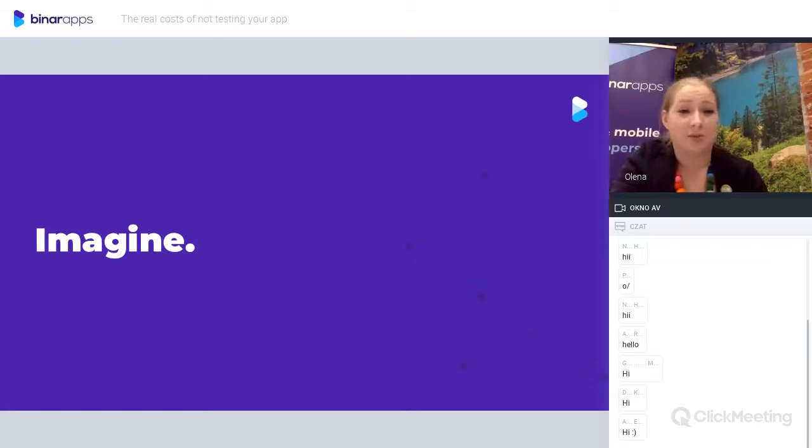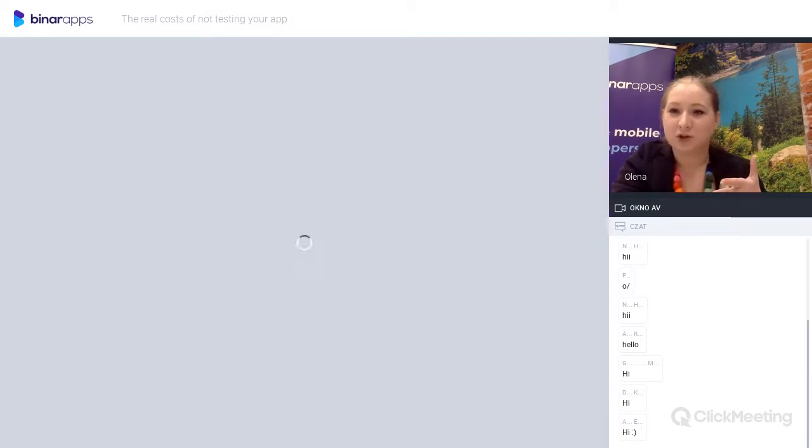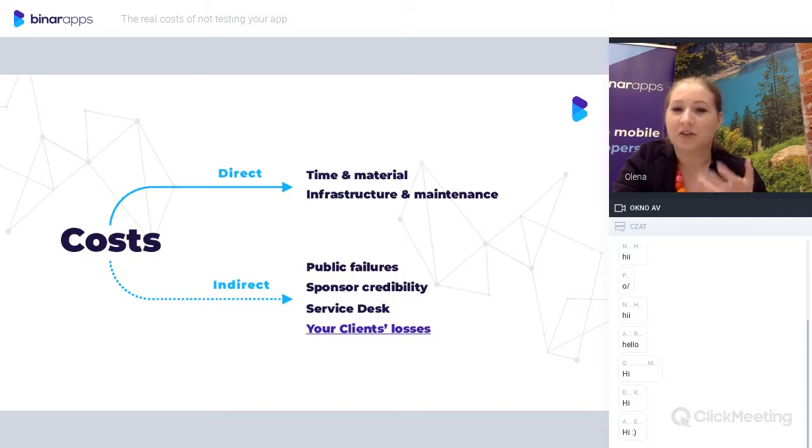Well, it was a very bad user experience. You lost the expected revenue, which was 18,000, and adding insult to injury, a local newspaper wrote about this failure. So what actually happened? What did the situation lose? Well, the costs can be direct and indirect. The direct ones, you would say, are time and material, for example, you pay the developers, you pay the testers, you have allocated costs there. Infrastructure, such as servers that you deploy to,